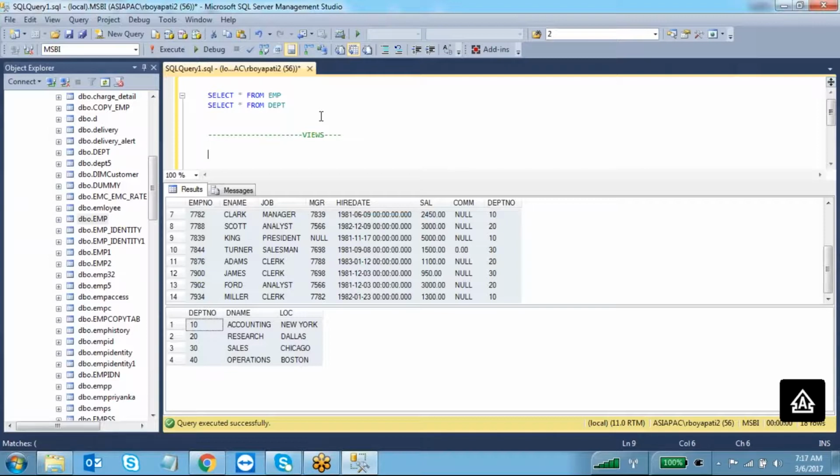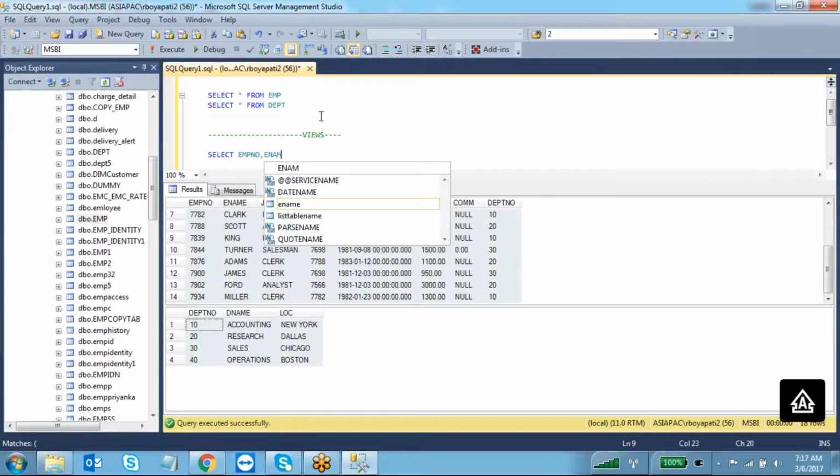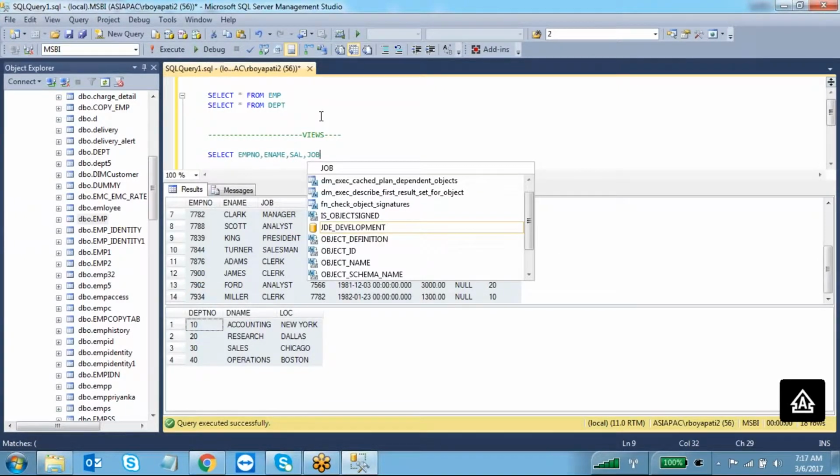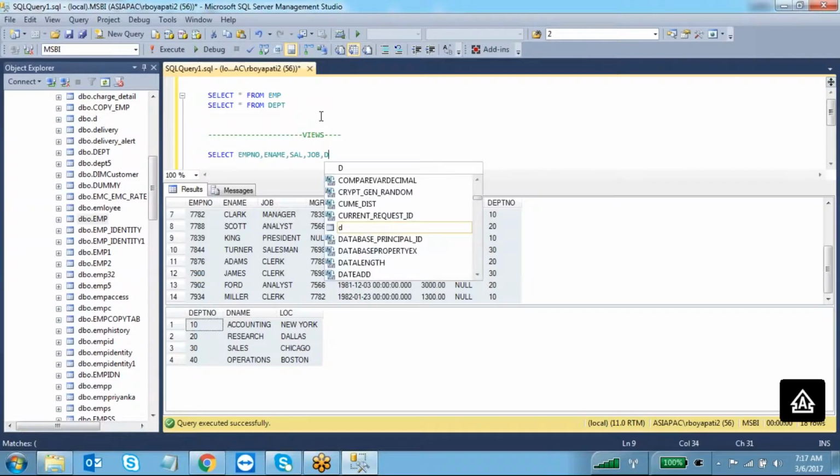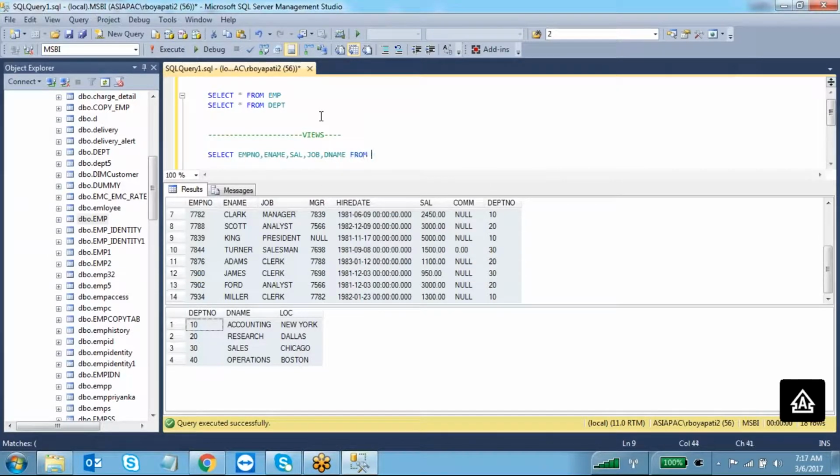Okay, right. So for example, what are the columns you are expecting? I want only employee number, employee name, salary, job, comma, department name from both tables, from EMP as E, inner join department table as D, on E dot department number equal to D dot department number.